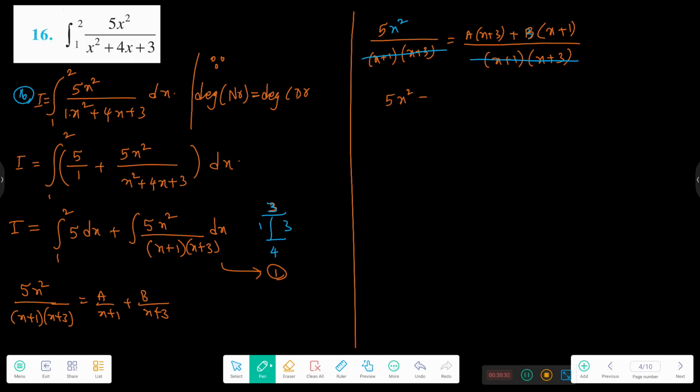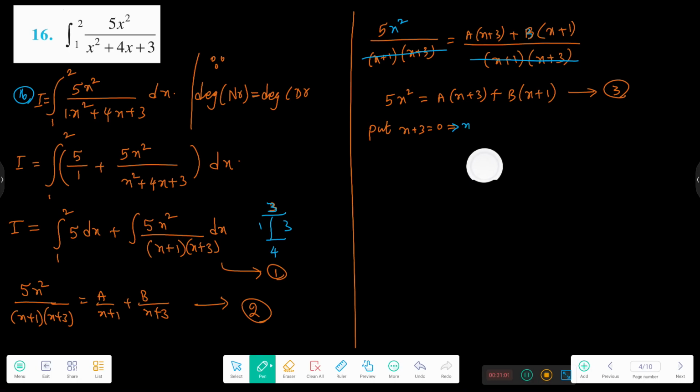Remaining, I have 5x² equal to a into (x + 3) plus b into (x + 1). This is answer number 2 you take, and this one I am taking answer number 2. Then this will be 3. Now put first this one, I am taking x + 3 equal to 0. This implies x is equal to